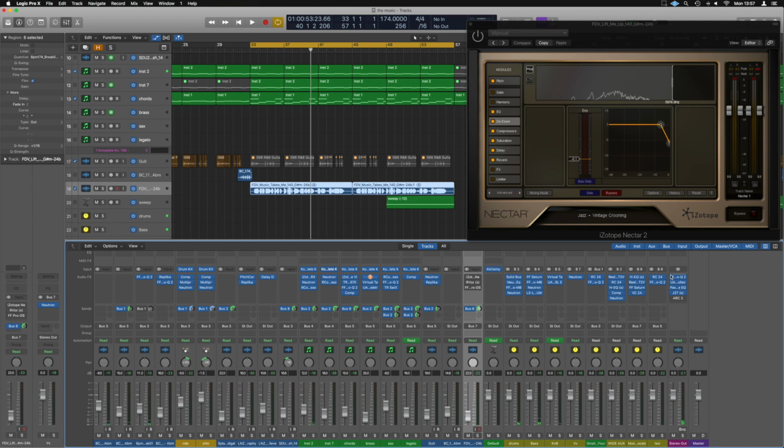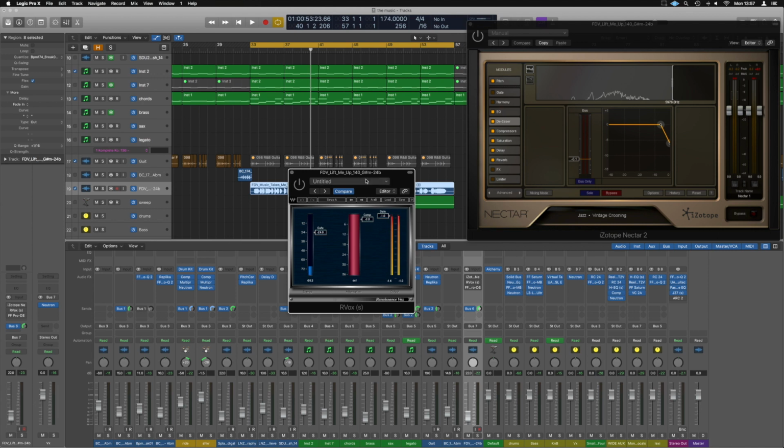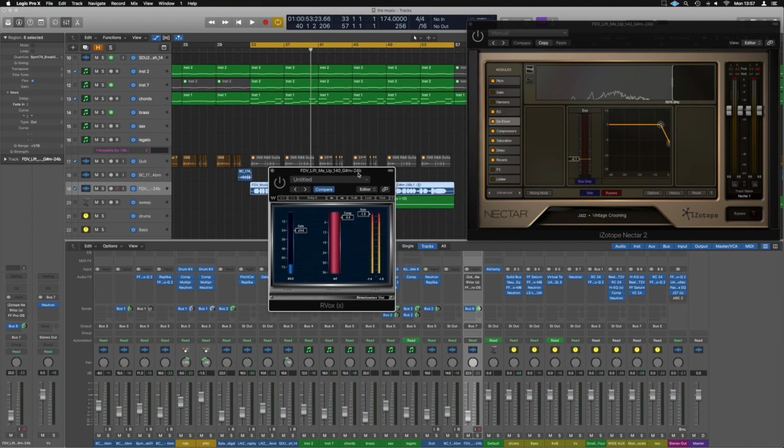It's way out in terms of difference, and I've done most of that using iZotope's Nectar plugin, which is why it's up on the screen here. There's also Rvox afterwards, which is just doing some light compression, just like 3 dB, just working after Nectar here, just to give a little bit of cohesiveness and compression. You'll understand why as we go through it.